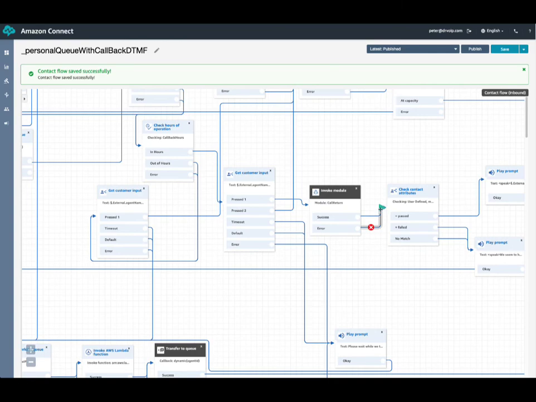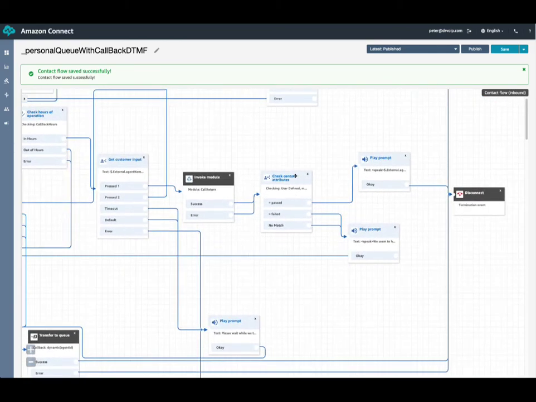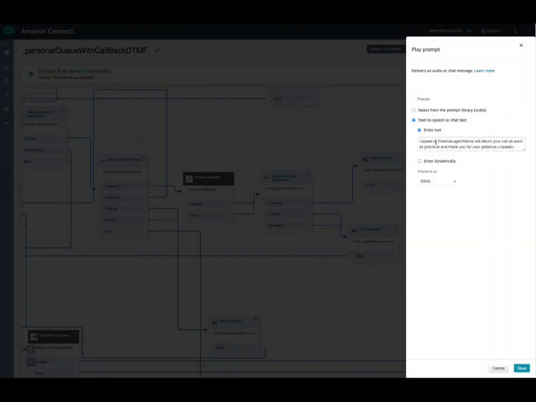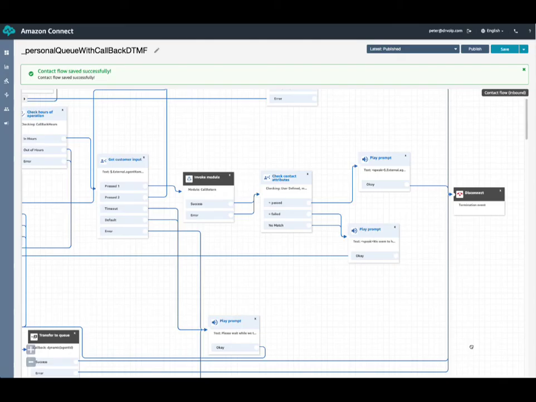So when we come back here, we're going to be right here. And what we've done here is I'm just checking the Boolean for successfully passing or failing. In this case, if it passed, we thank them and let them know that the agent, in this case Peter, will return this call just as soon as possible.